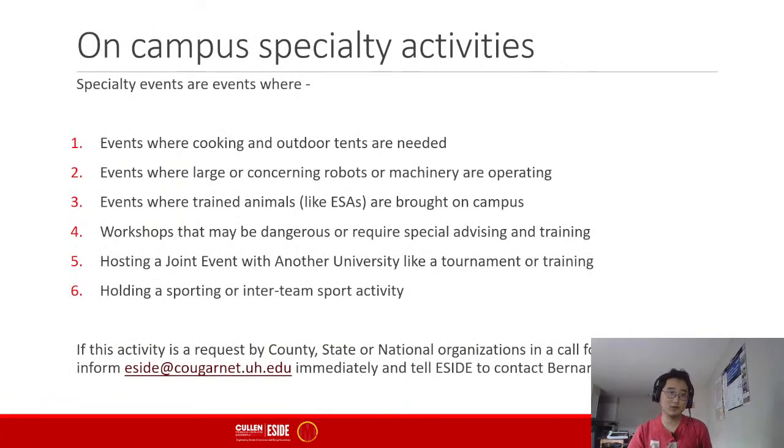On campus, there are a bunch of special events and activities. These are events that require specialty permits and other information, right? So you need to file extra forms in order to do any kind of event or activity like this. These kinds of events are: 1, if the event requires cooking or outdoor tents;